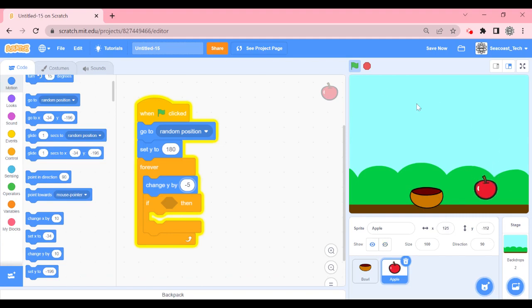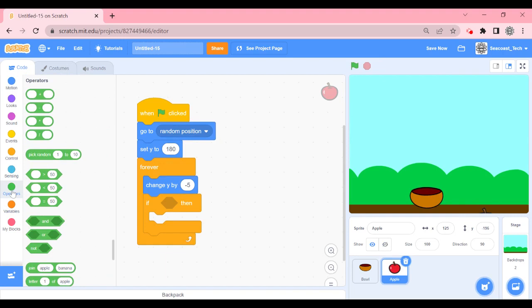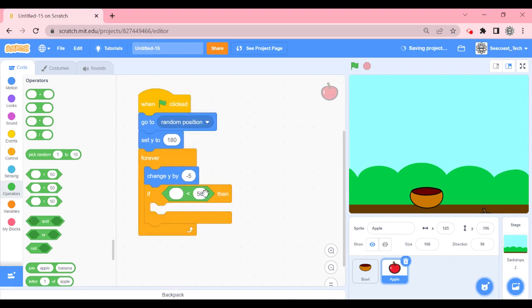And we're going to do that by going to the operators. We want to choose, looks like the seventh block down. It says blank is less than 50. We're going to place it right into the if-then block. And the 50 is going to become